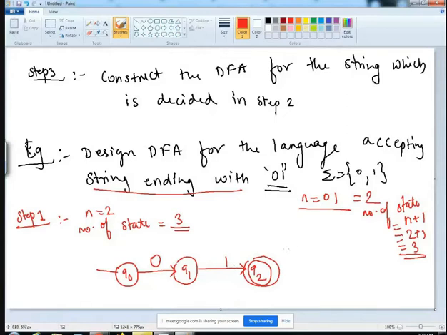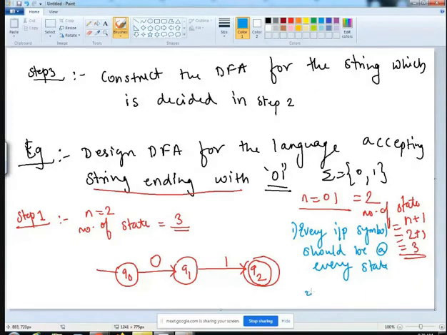Now, as per the rules of DFA, what do the rules say? Every input symbol should be used at every state. This is the first rule. And the second rule says that each input symbol at each state should be used only once.